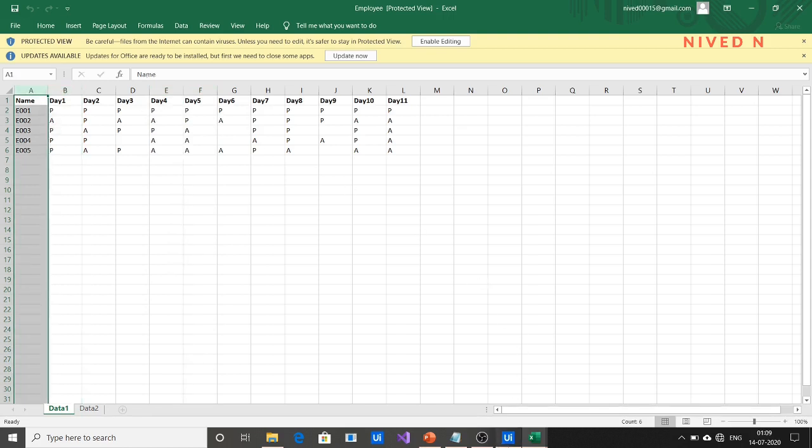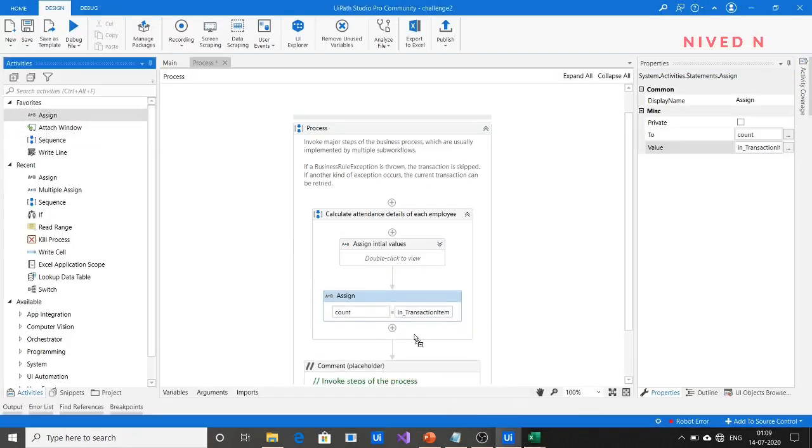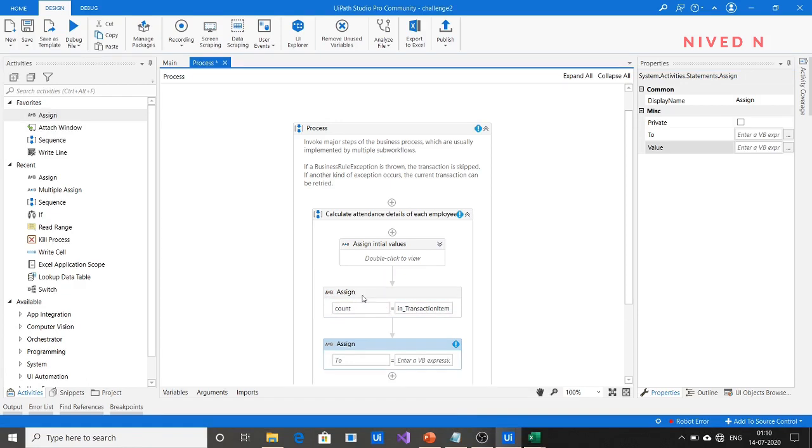To avoid that, what we can do here is reduce the count value. When you use this, it will come out as 12 here, but we can reduce it to 11 for our calculation purpose. You will understand that later when you complete the work.